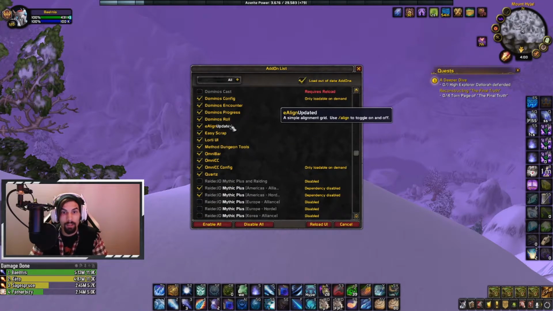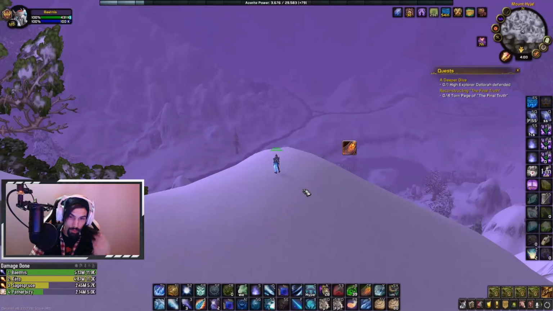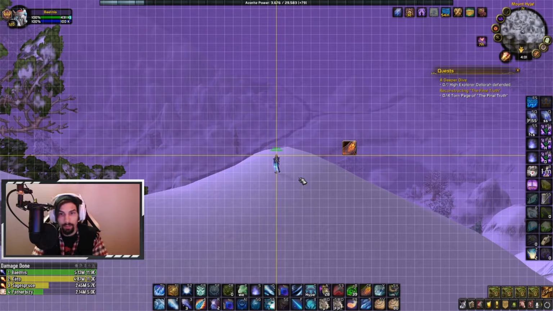Moving down, we have E-Align. So E-Align is really nice because if you don't use ElvUI and you're creating your own UI and you still want to make sure everything is in the right spot and it all lines up, E-Align puts a grid over your screen, which is what you're looking at right now. All you do to get this to come up with E-Align is you type /align, and it will bring this